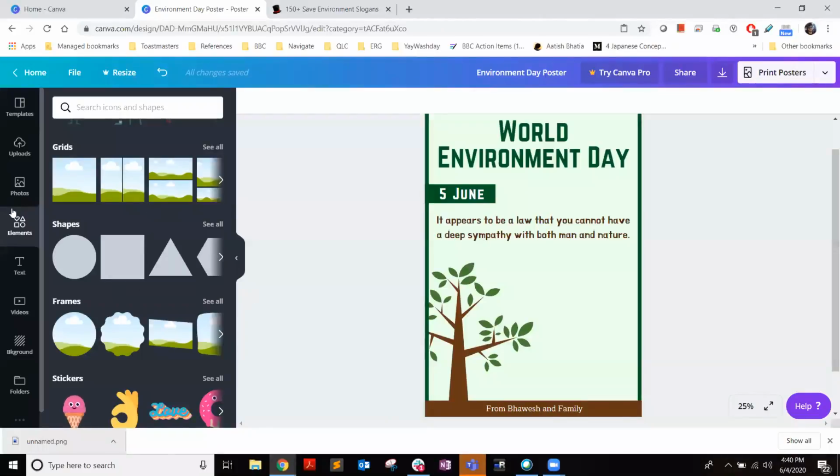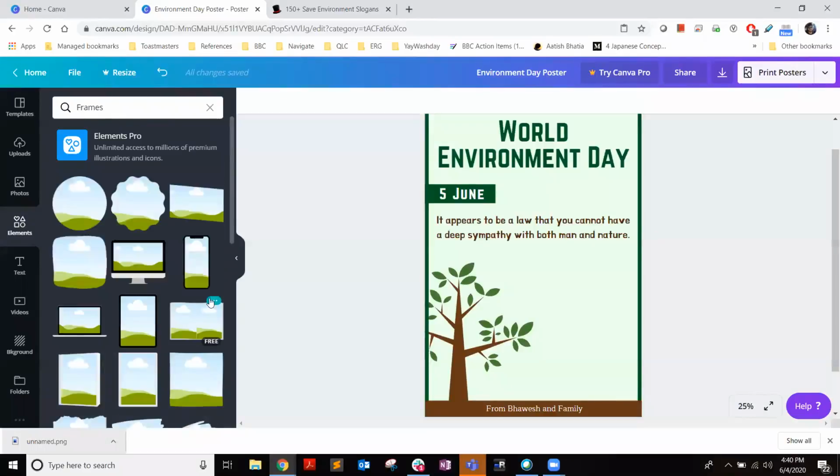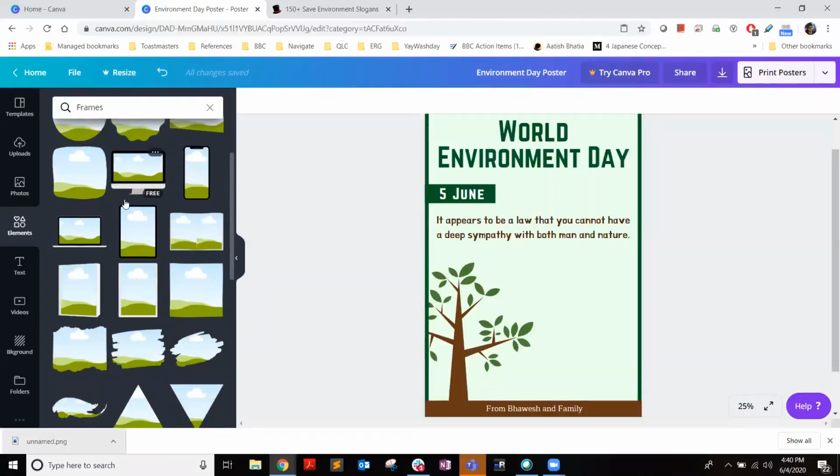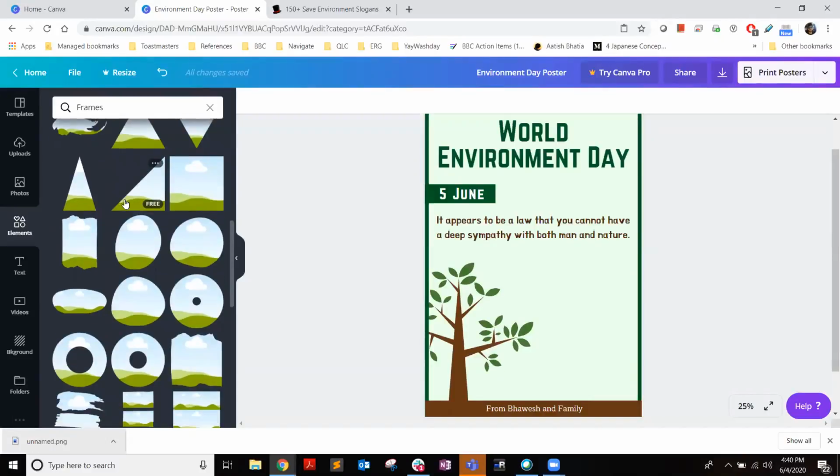So I'm going to go to elements. Then there are frames. Let's go to see all frames. Okay, everyone quickly on the Zoom screen, I'll show you how to add a picture of your own. So I'm going to use a frame, something a little modern, professional, as well as a little casual, a mix of both.